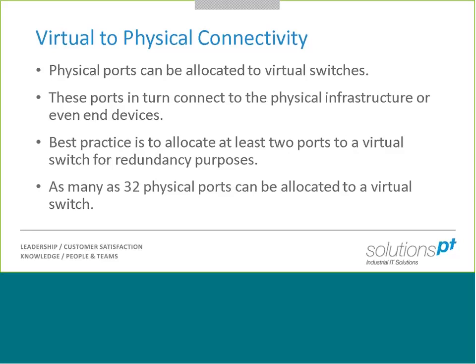With that being said, we can, if we want, allocate up to 32 physical ports to a virtual switch. This is something to consider if you are planning a project with virtual hardware and virtual networks. We need to look at how many different networks are going to reside on this virtual platform, and how many physical ports I am going to need to ensure we've got redundancy for them all. Generally speaking, it's quite easy to upgrade the physical ports. But let's say we've got 3 or 4 virtual switches, then we're going to want at least 8 ports. That's 2 physical ports per virtual switch, so we've got redundancy for all of them.